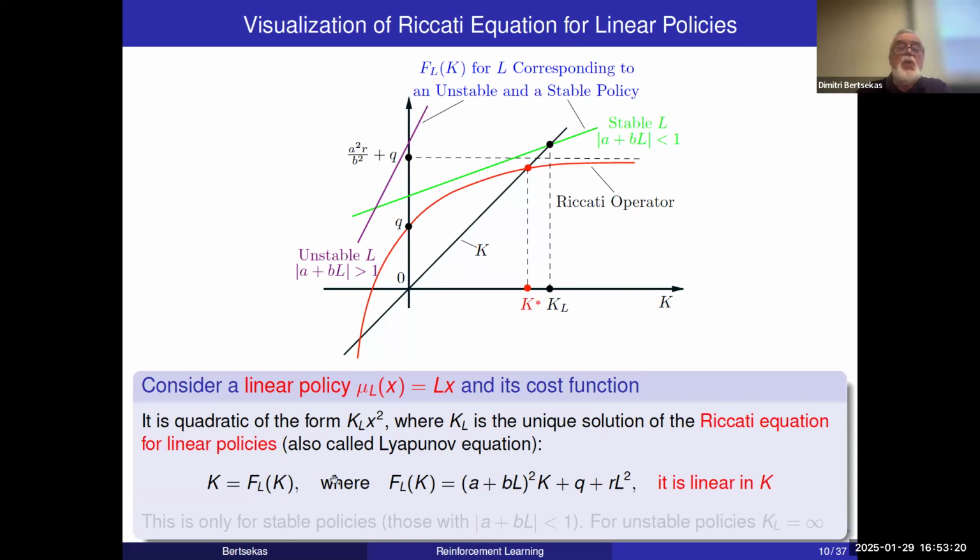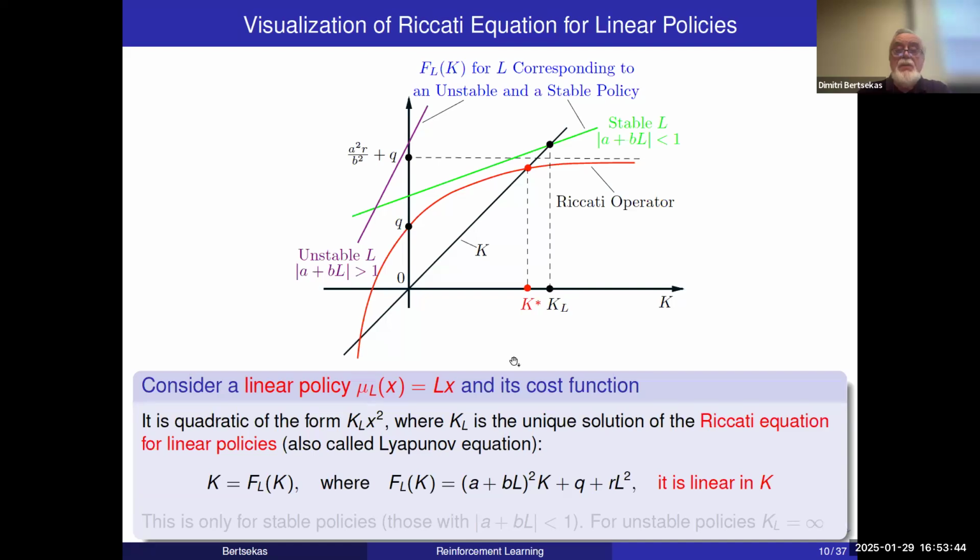Now, you would expect, of course, that linear policies are just a special form. It's just having zero control, like the B coefficient being 0, right? And so you'd expect that there would be a Riccati equation corresponding to those that will give us this K_L coefficient. And indeed, it's a very simple derivation, very much along the lines of the derivation for the